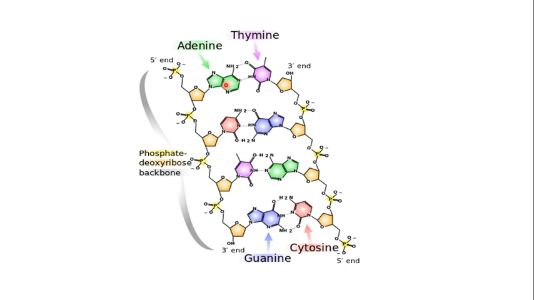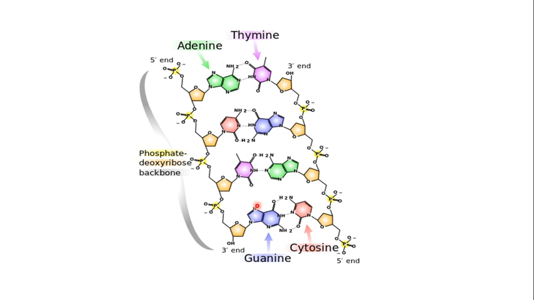Now this is actually making a double-stranded structure. As you can see over here, the single-stranded structure is made by the linkage of the nucleotides to each other by the phosphodiester bond. So you are having the phosphodiester bond at this particular point. You are having the phosphodiester bond over here, and the interior of these 2 strands are connected to each other by the interaction between the adenine and the thymine, and the interaction between the guanine and the cytosine, that is, the nucleobases are interacting with each other.